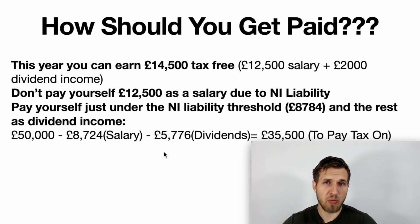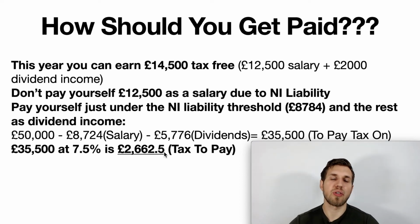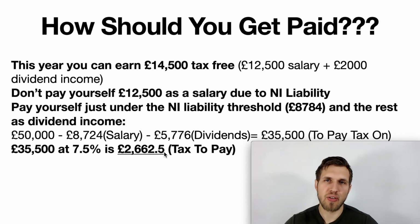The rest of the money that you want to take out, which equates to £35,500, you will have to pay tax on. And the way you want to take that money out is through dividends. It's not through your salary. And that works out at 7.5% because you're in the basic rate, and you will be paying £2,662.50 a year in tax. So you take effectively £50,000 out of your business, and you pay £2,662, which is very, very tax efficient in comparison to paying yourself a full-fledged salary,